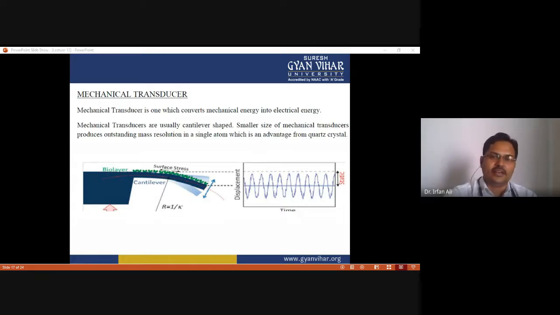And in these assays, nucleic acids are immobilized on one side of the cantilever, and exposure of the cantilever to a sample containing complementary nucleic acid gives rise to cantilever bending or deflection of a few nanometers, and this deflection can be measured by an optical system in which a laser beam reflects on the cantilever.